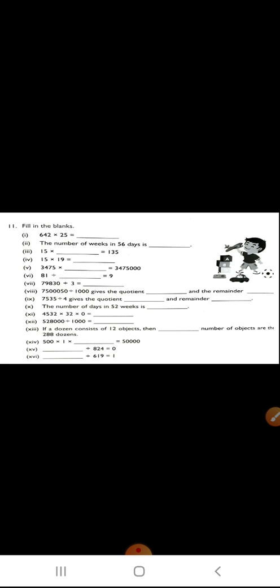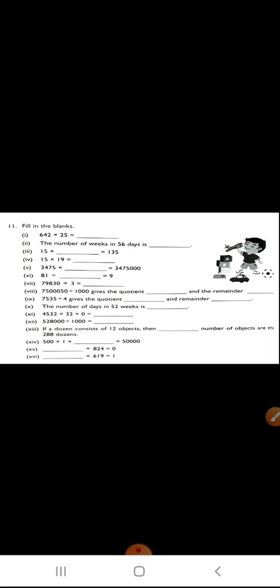So today we'll continue the same chapter, that is ways to multiply and divide. In this chapter we have completed half of the questions and today we'll move to the next part. So I have given you homework, that was page number 86 from your maths workbook, question number 11 and question number 12. So I hope you all have done this. This is very simple multiplication and division.